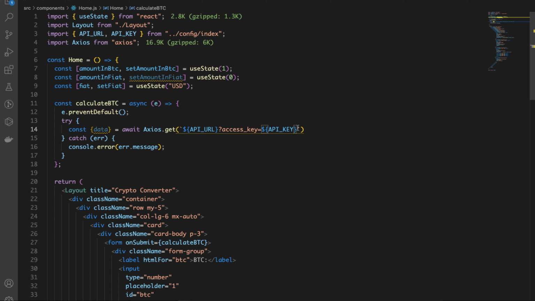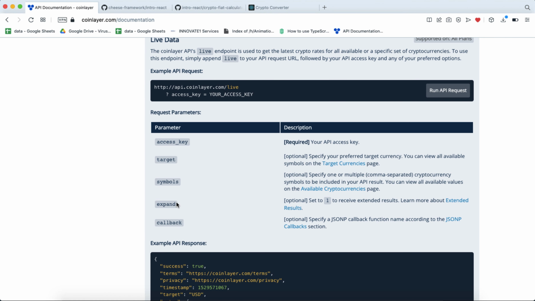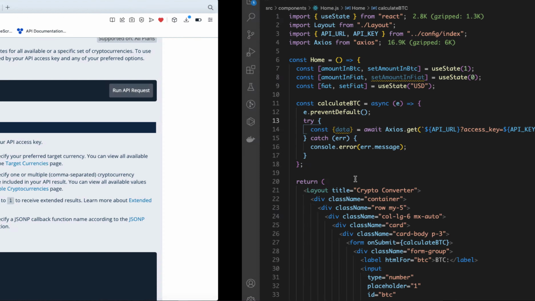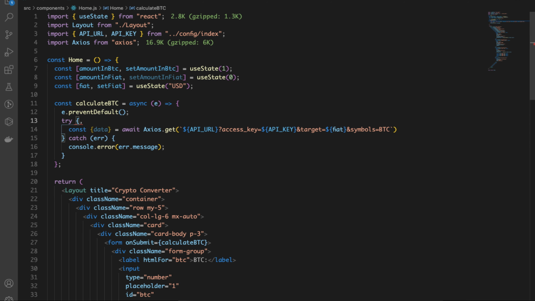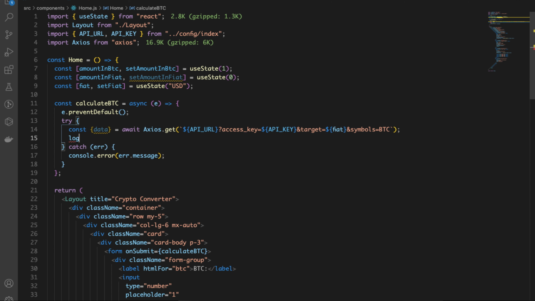So you say target is equal to fiat, and symbols is equal to BTC, because we know that we are hard coding to receive just BTC. If you want to receive more than BTC, you can receive Ethereum by specifying ETH and the rest of those cryptocurrencies. Alright, but for now I just want to receive BTC, and let's log that to the console and see